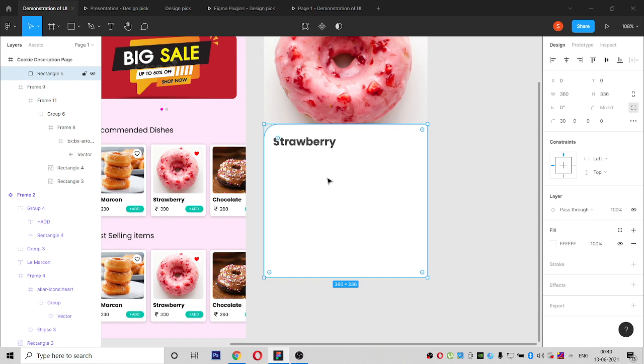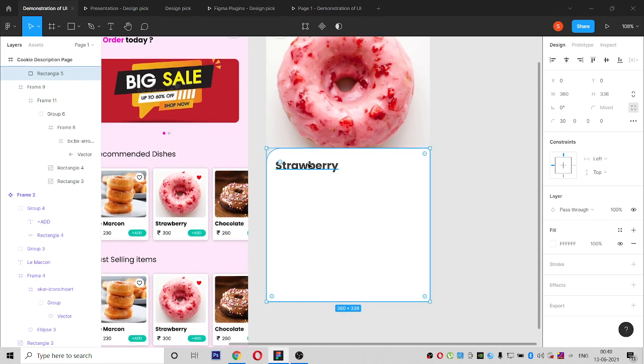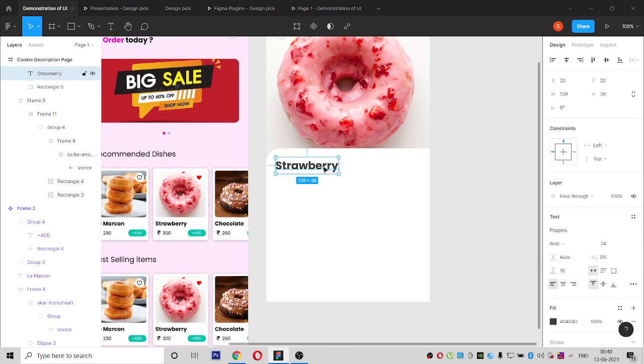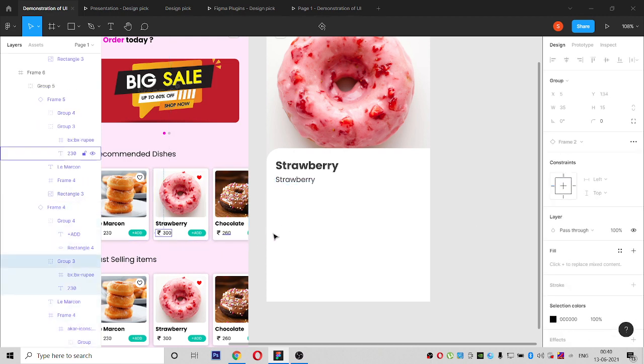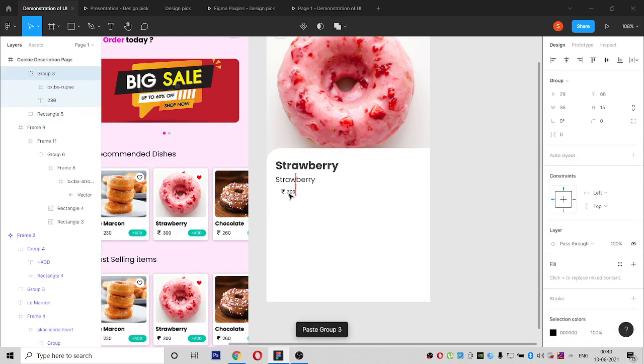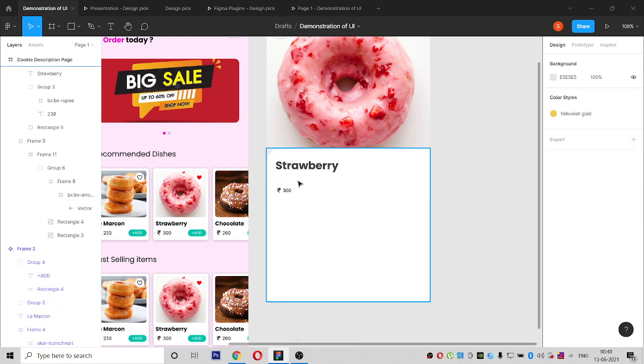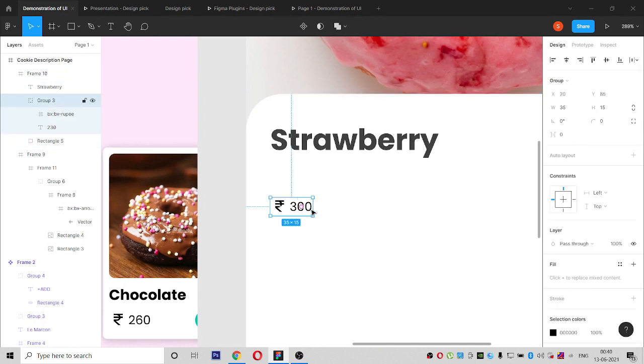So now the product name has been given, and now I will give other things. If you want to show the rupees symbol, here if you click on K, see, the arrow symbol changes.